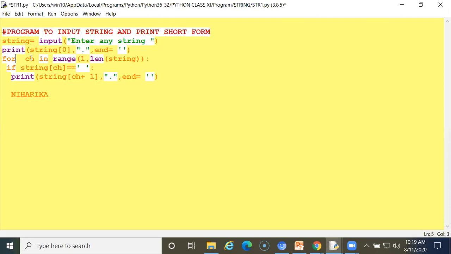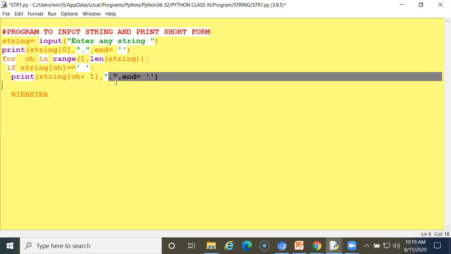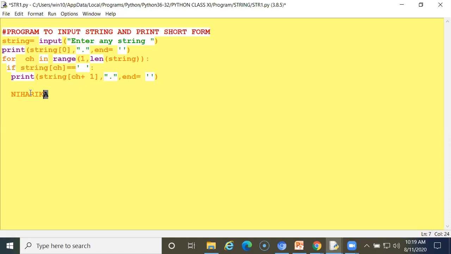Then for ch in range, here I am using a for loop. ch is my counter variable. In the range function, I am using beginning with 1, ending with the length of the string. Now if string[ch] equals space, if there is any space, we are not finding any characters, print starting at ch plus 1. So the next character will be printed, and after the next character it will put a dot. So in this program,